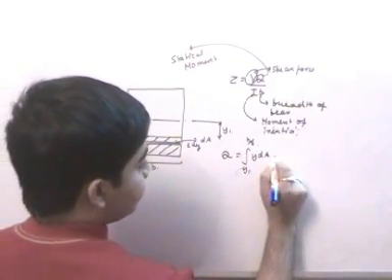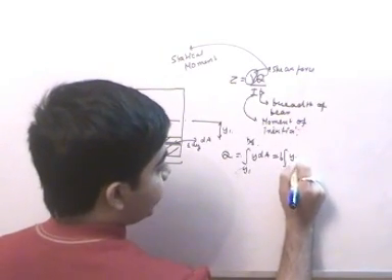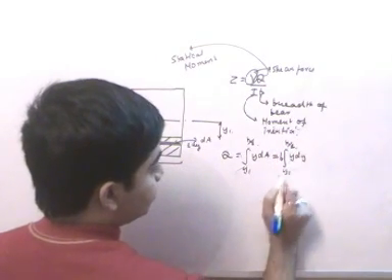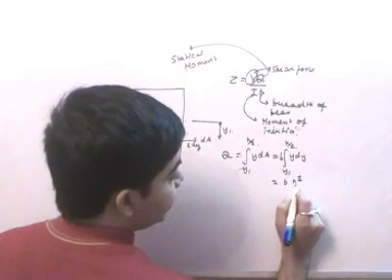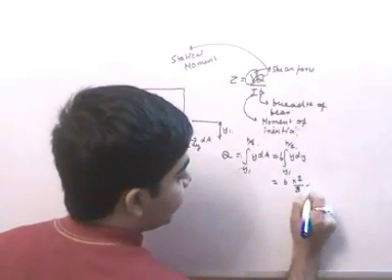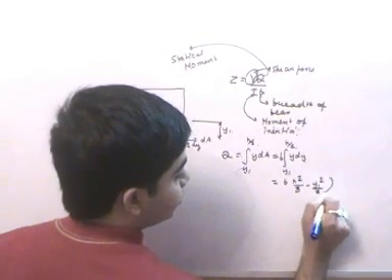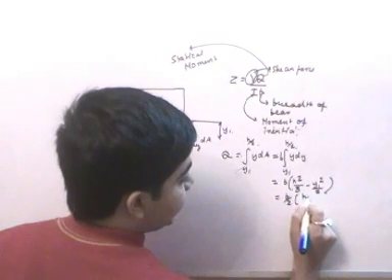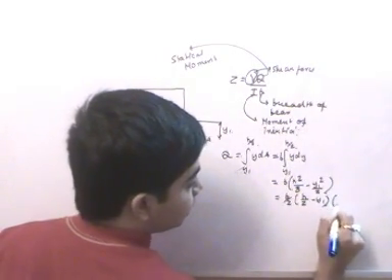Now dA is nothing but b dy, so b times the integral of y dy from y1 to h by 2, or essentially b times y square by 2, and if we place h by 2 and y1, it will be h square by 8 minus y1 square by 2,